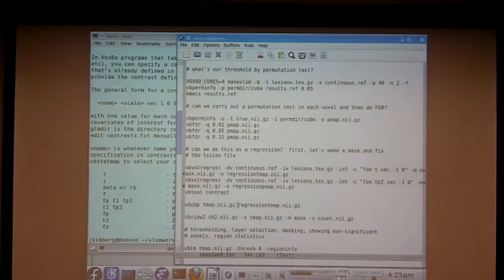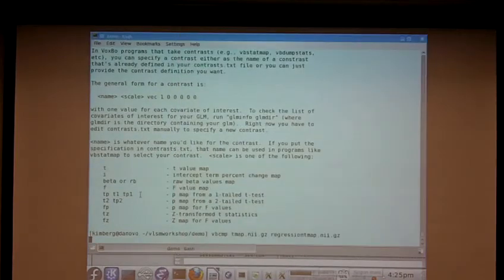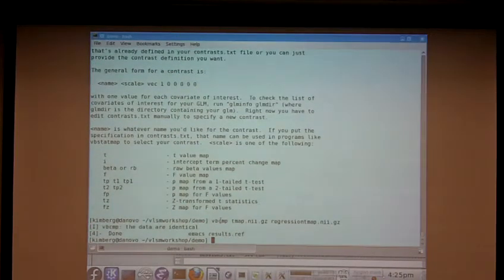So it's actually useful to figure out if we've really done the same thing as we meant to before. And there's a useful VoxBo program for this called Vbcmp. Vbcmp is a kind of clever little program that will take two files. The files could be 3D files, 4D files, vector files. It'll compare the data and either tell you they're identical, or if they're not identical, it'll tell you how they differ. So if I make a nonsensical comparison between the tmap and,